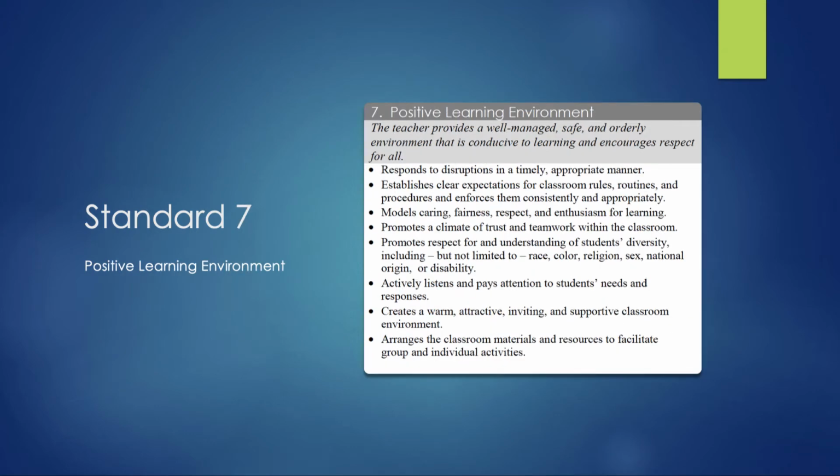Standard 7 is a positive learning environment. This standard focuses on a teacher's ability to manage an orderly classroom while encouraging learning and showing respect for all. Behaviors demonstrating this standard would be the following: responding to disruptions in a timely, appropriate manner, establishing clear expectations for classroom rules, routines, and procedures, and enforcing them consistently and appropriately, modeling caring, fairness, and respect and enthusiasm for learning,